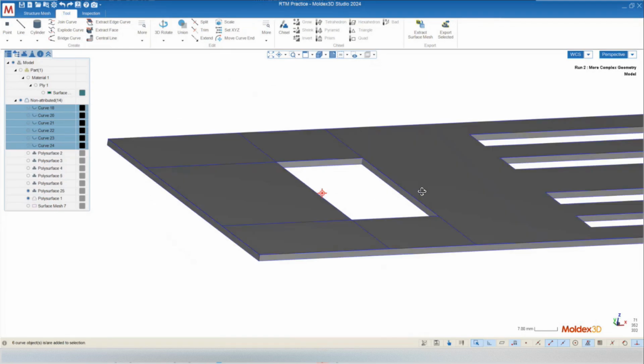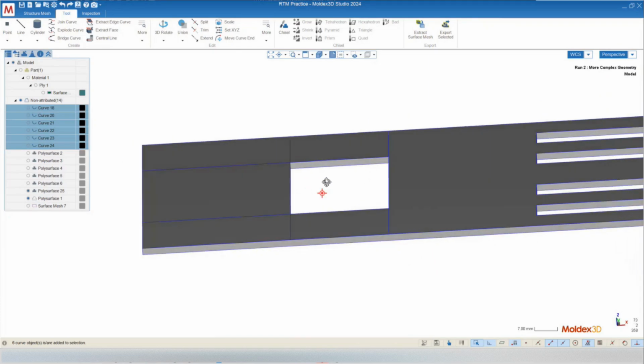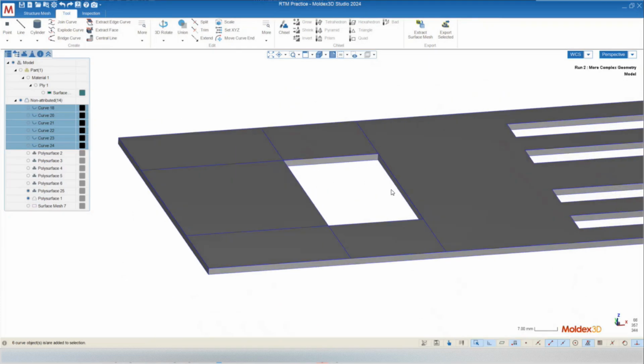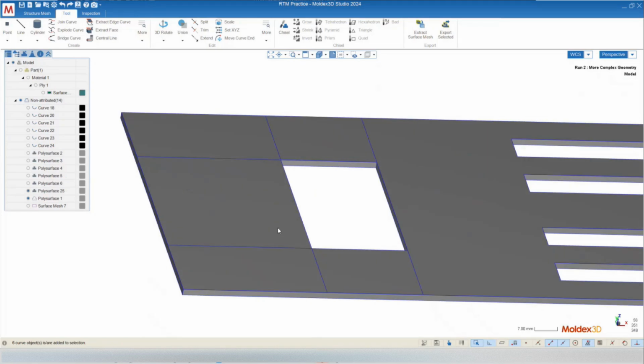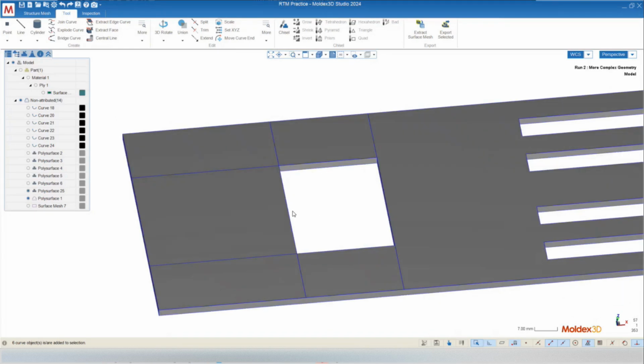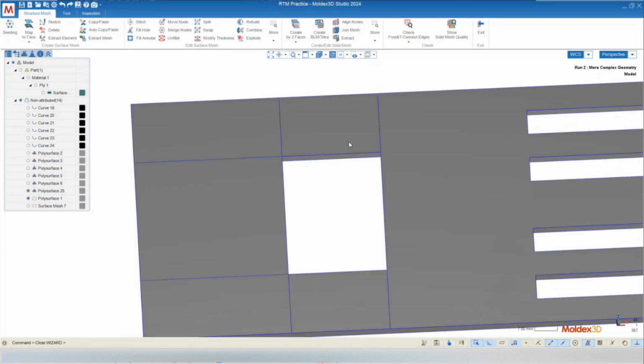Now this is a part that actually trips me up a lot. Whenever you make any sort of edit to the geometry like this, it resets your node seeding. Now, we would always be going into the node seeding function anyway, but it's always good not to make any assumptions that the node seeding is the way that it was in the previous geometry. So that being said, we're going to go back to the structure mesh tab, and we're going to define the node seeding